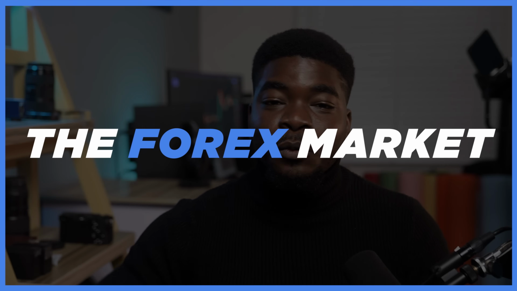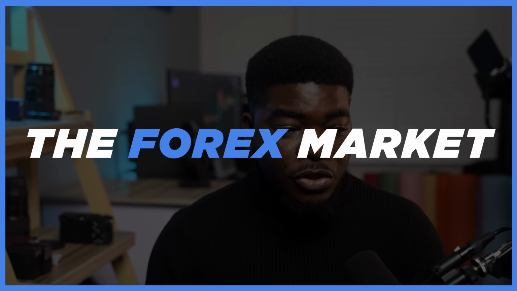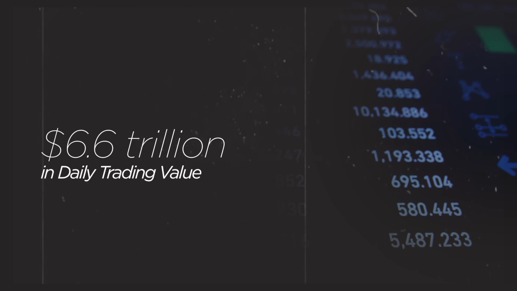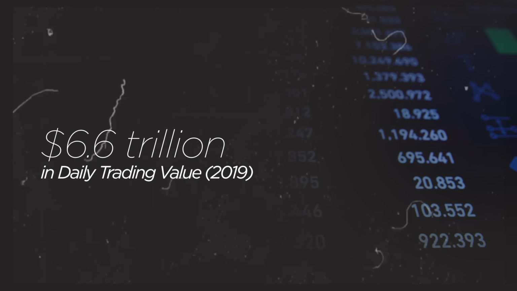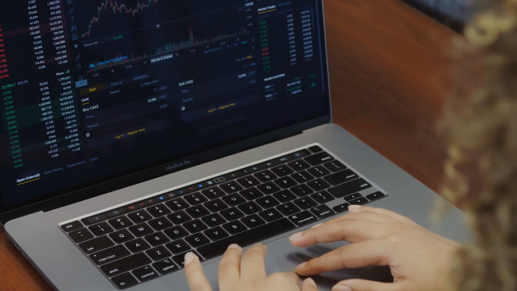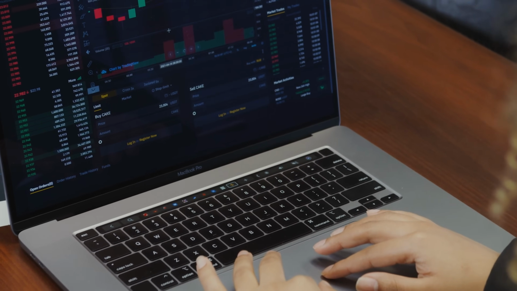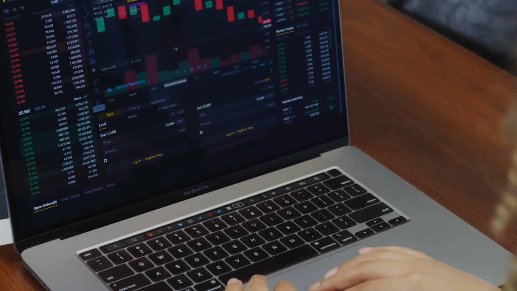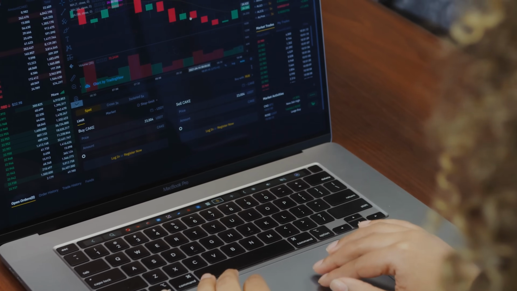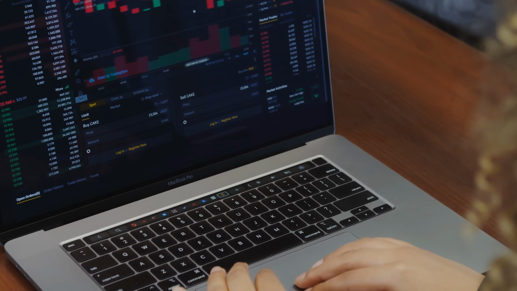The Forex market is way larger than the stock market. According to research, it's around $6.6 trillion in daily trading volume. This is from 2019. The Forex market is also known as the FX market, and people exchange national currencies on the market a lot for many reasons. Maybe people want to hedge against inflation, like I mentioned. They want to speculate on events going on in a country for which they trade their currency, and they want to diversify their portfolios alongside many other reasons.